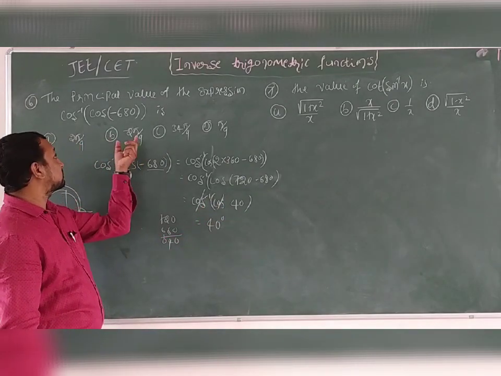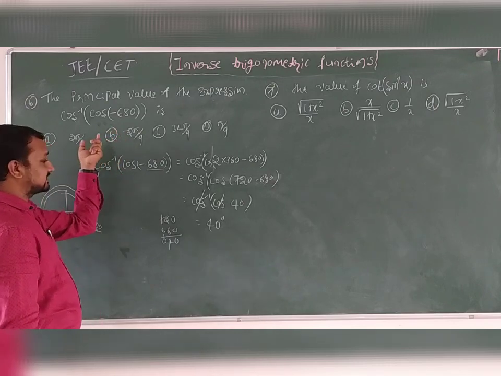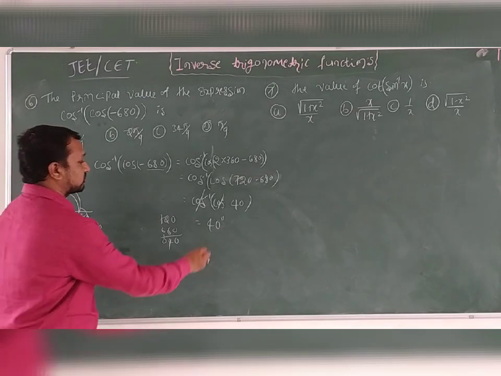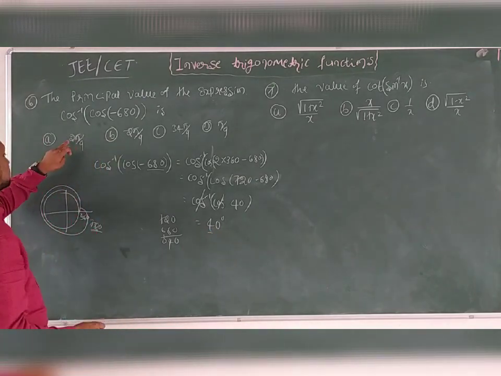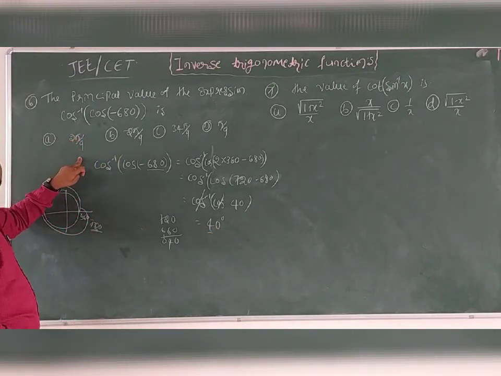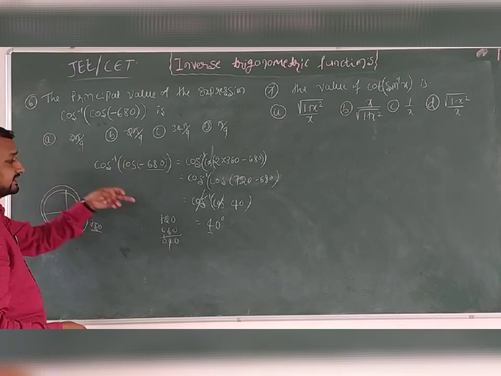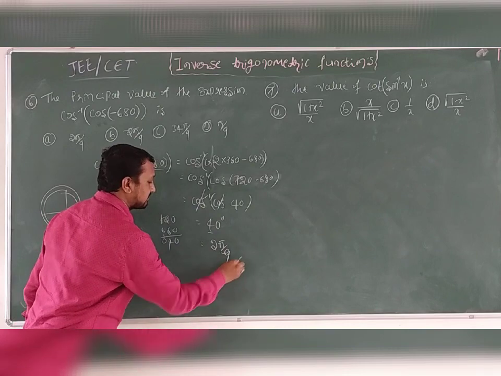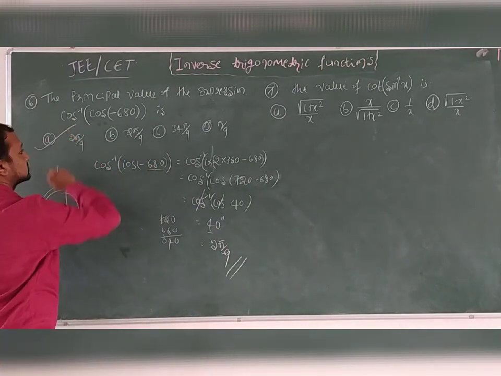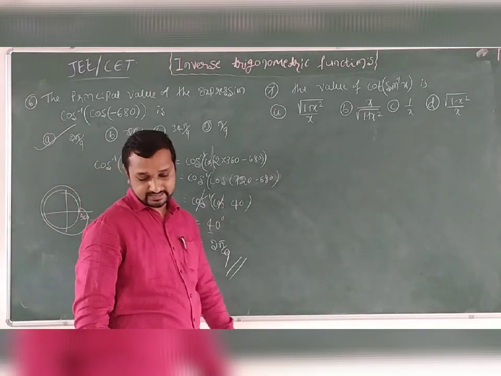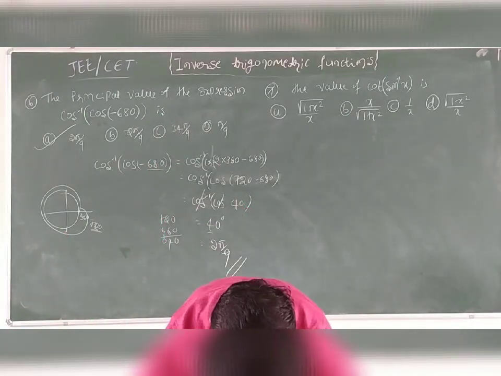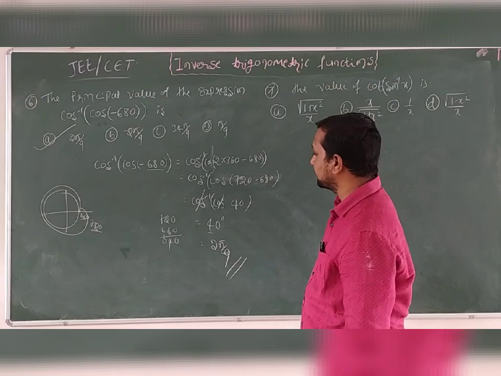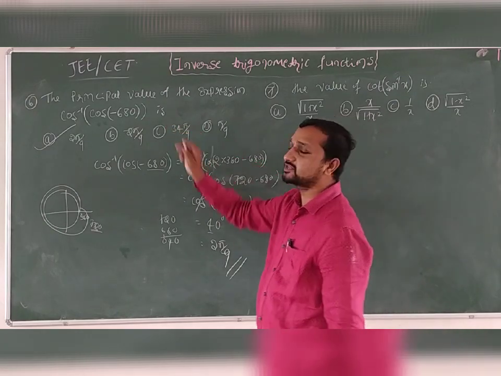But this is in terms of degree; in terms of radian, 40 is nothing but 2 pi divided by 9. That's all. 360 divided by 9 is 40. The answer should be 2 pi divided by 9. This is the first question's concept, which we already discussed. Is that clear? So we can write the same answer in terms of radian.